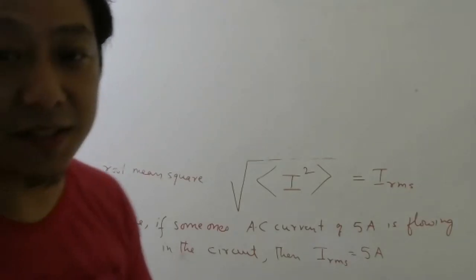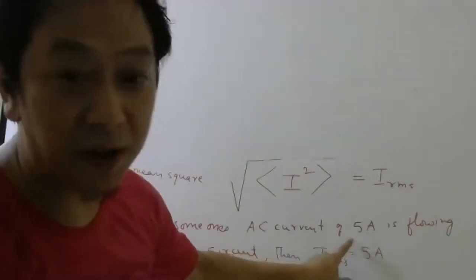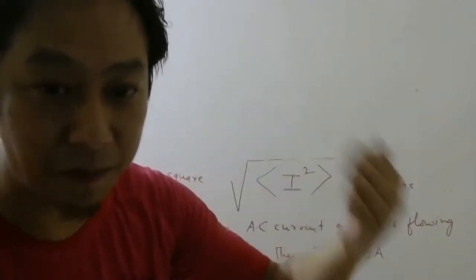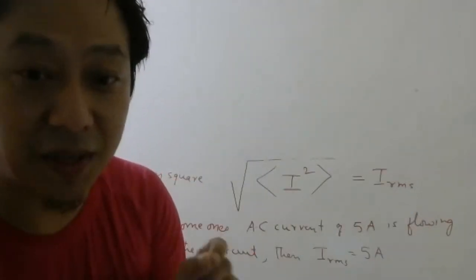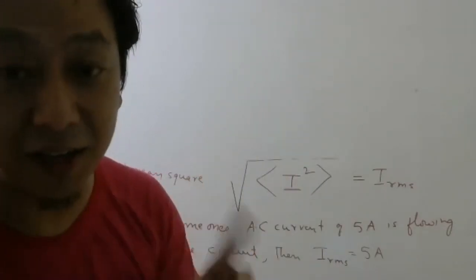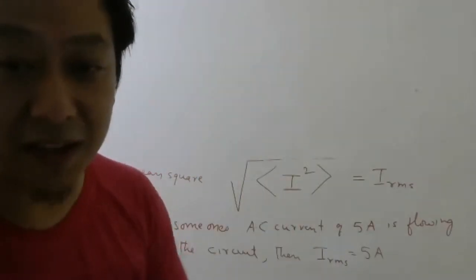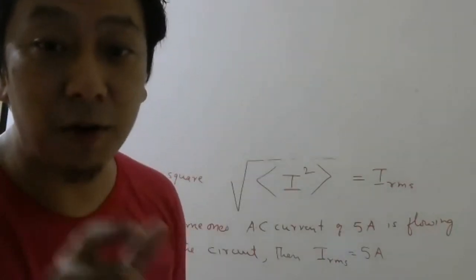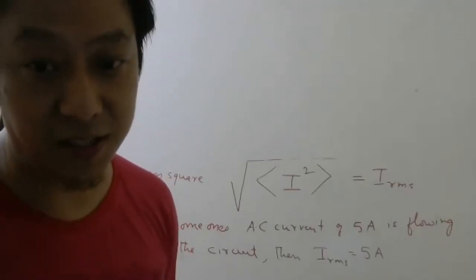Now, of course, if I say peak value is 5 ampere, then that is not RMS, that is your I naught. I naught is the maximum value, no? So if somebody says maximum value is 5 ampere, then it is peak value, I naught. But if I don't say anything, if I simply say AC voltage of 220 volt, then that number always means RMS voltage, that you remember.